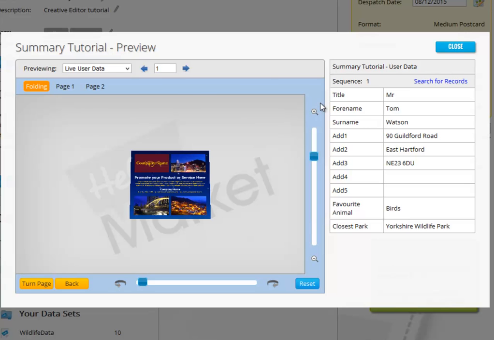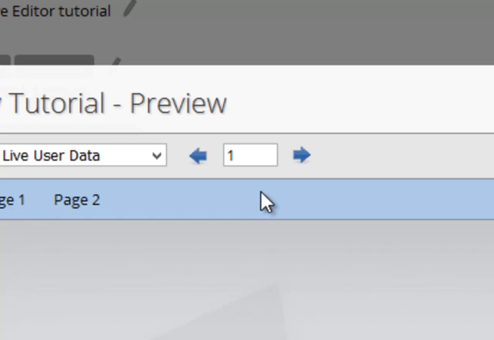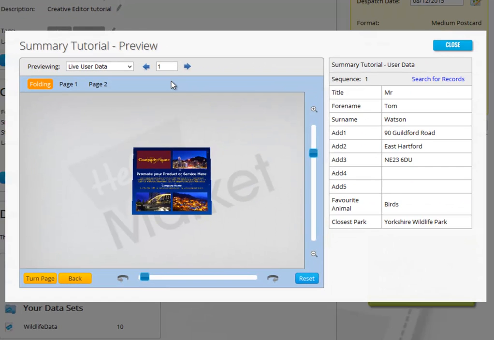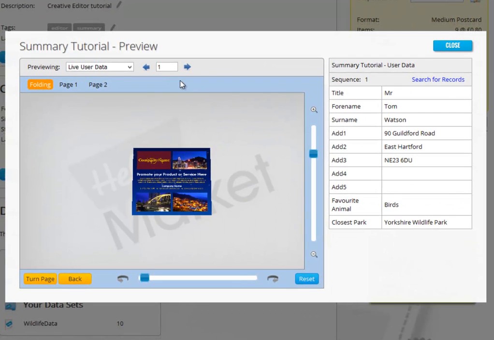To the right of the previewing drop-down box, you can see a text box containing a number along with Next and Previous buttons. This is the sequence number of the record currently being shown. You can preview a different data record by entering a different sequence number into the text box and pressing Enter on your keyboard,